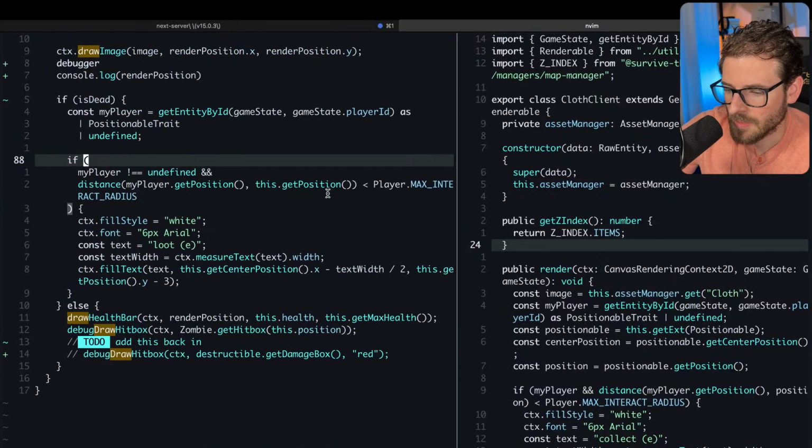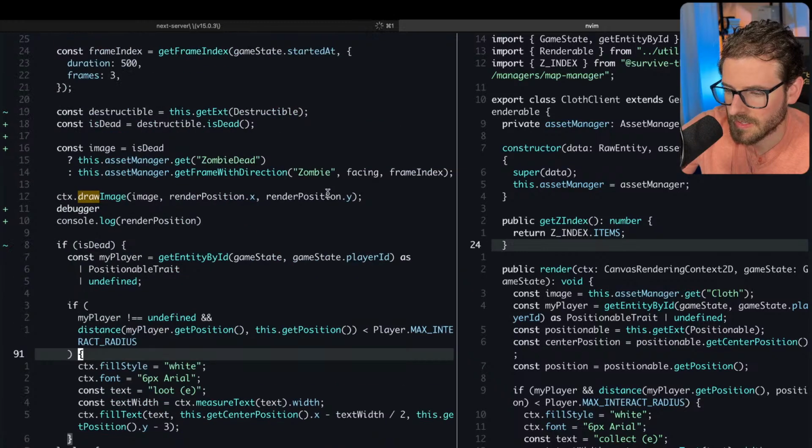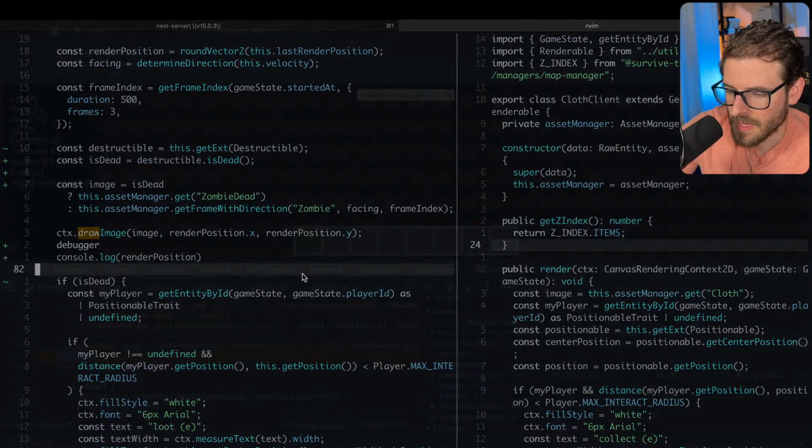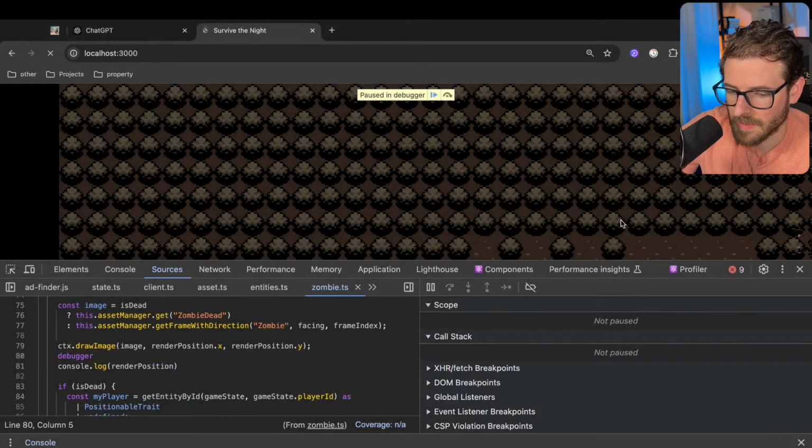So do we want it to just live in the assets file? Is that okay? Maybe that is a better place to put it.